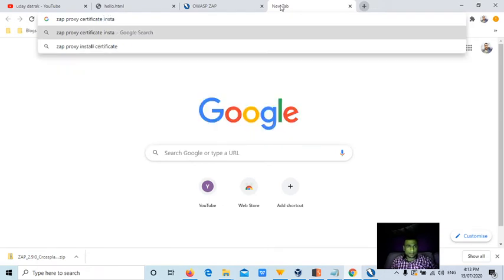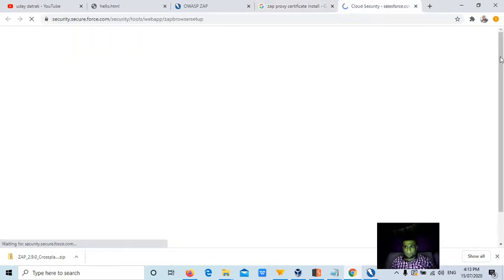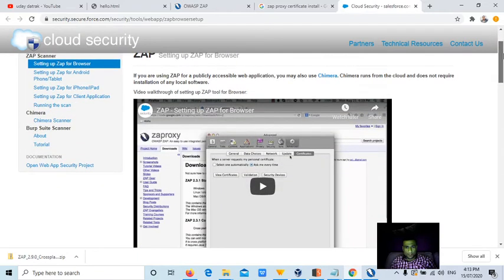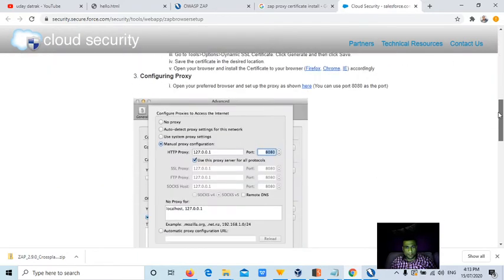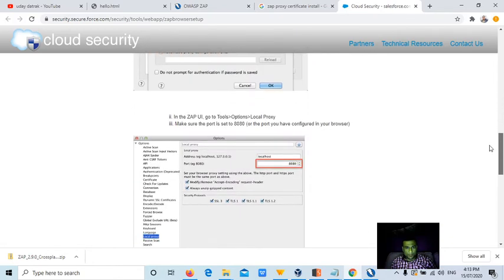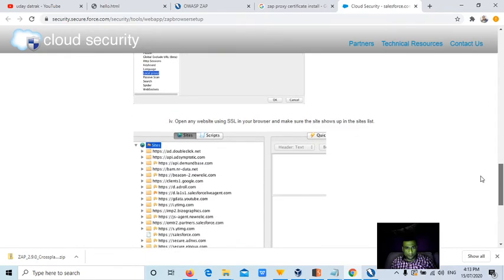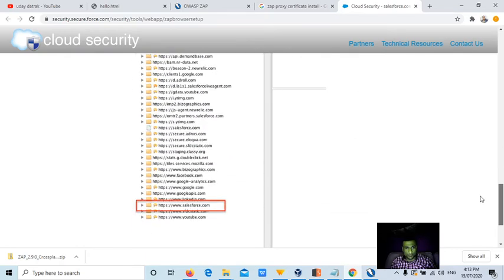Last setting up a ZAP proxy. These are just one-time setup, guys. Once you click on localhost proxies, they have given. The SSL site should show the list.